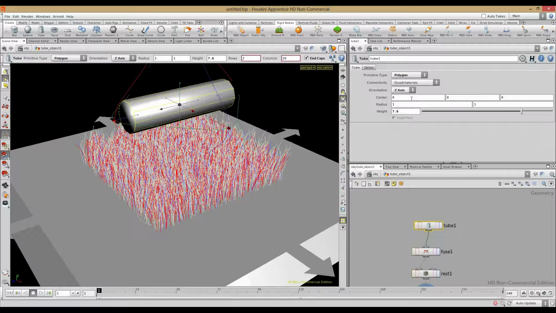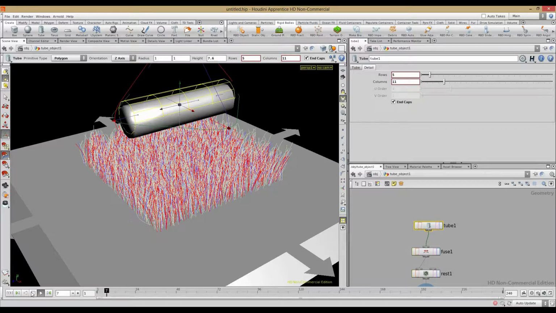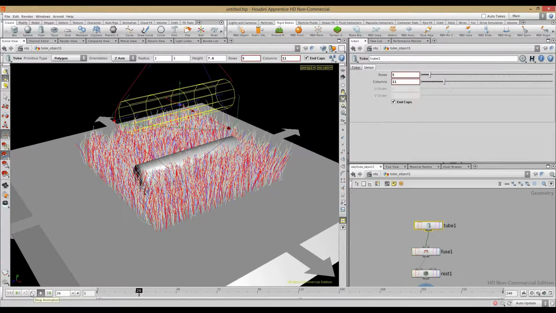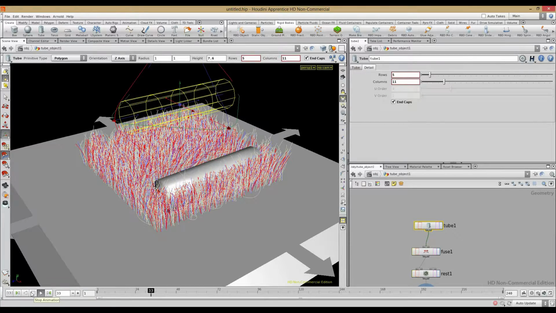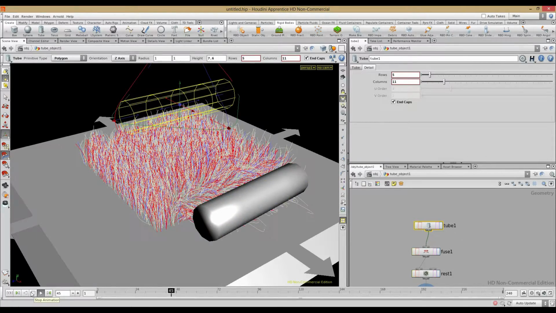That's really important. Okay, and now it should work. So yes, now it's hitting the grass and rolling. And you see that the grass is just deformed by